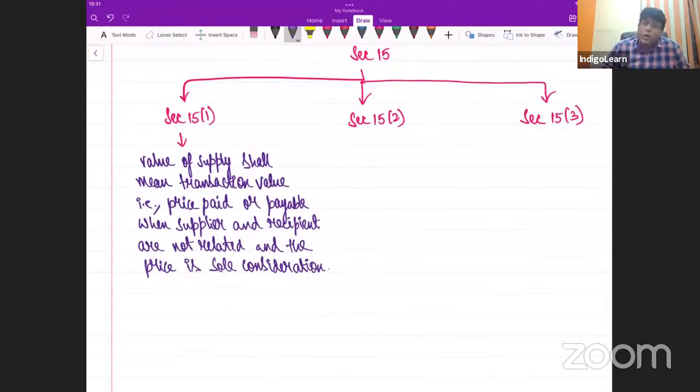There is no other non-monetary consideration or some other feelings or emotions. If it is there, we'll apply valuation rules, which is there in CA final. Come on, what is 15.1? Value of supply shall always mean what? Transaction value, which refers to price paid or payable when supplier and recipient are not related and the price is sole consideration. And 15.2 talks about